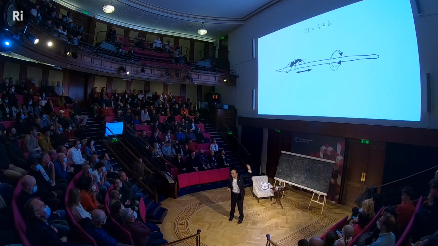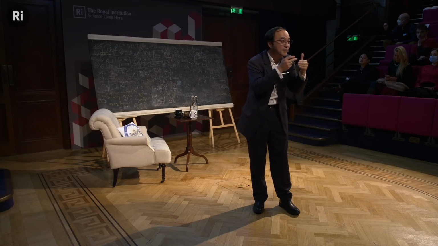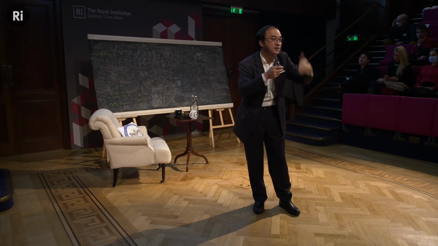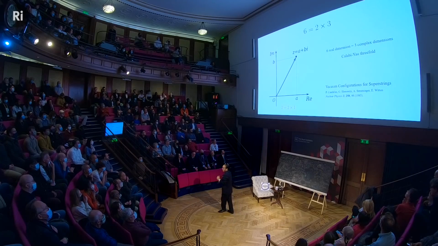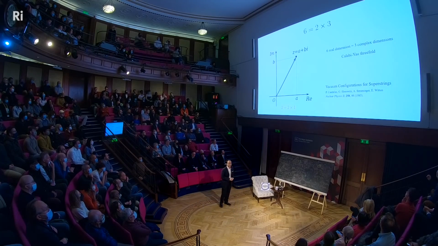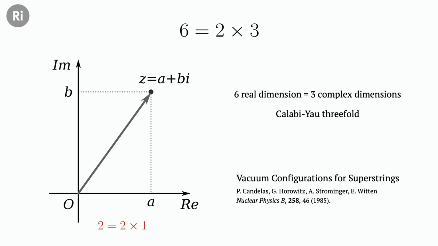The ant and the cross-section. We're just ants, we haven't discovered the cross-section. And our cross-section happens to be 6 dimensions. Okay, let's jazz it up a little bit. The next indisputable equation is that 6 is equal to 2 times 3. Right? In the seminal paper of Candelas, Horowitz, Strominger, and Witten, they realized that a great solution to the 6